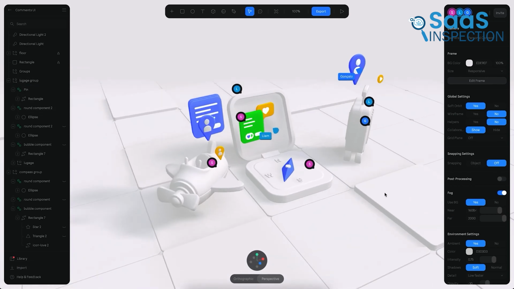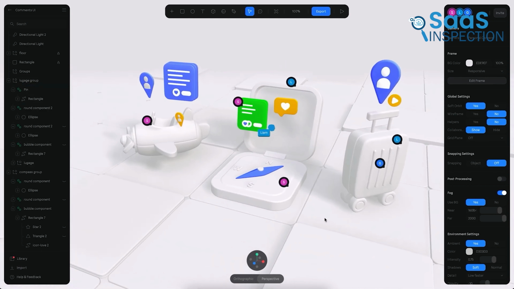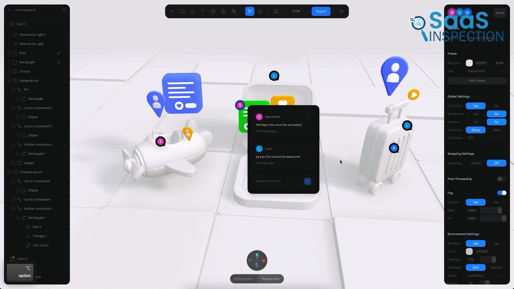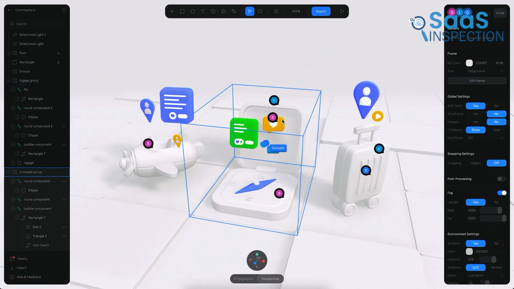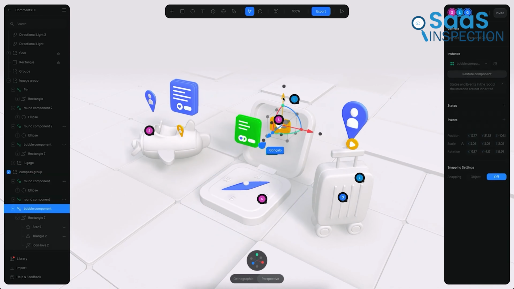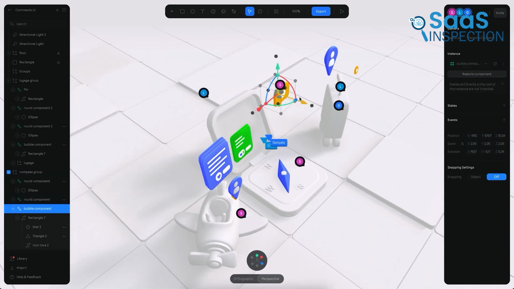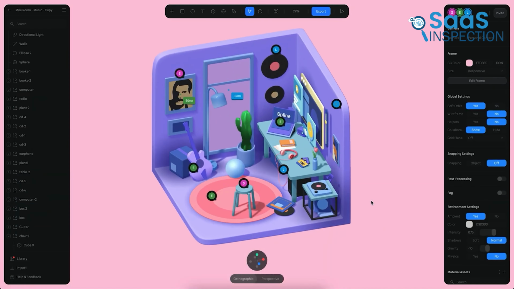Another trick we stumbled upon is Spline's collaboration features. You can invite team members or clients to view and even edit your 3D projects in real time. This is incredibly useful for getting feedback or working on group projects. We could see this being a big hit in agencies or design teams that need to iterate quickly on 3D